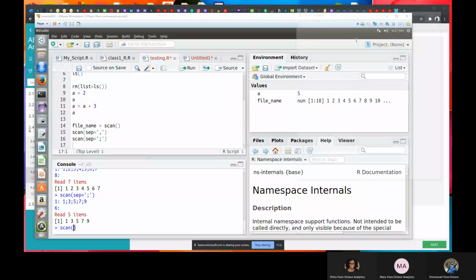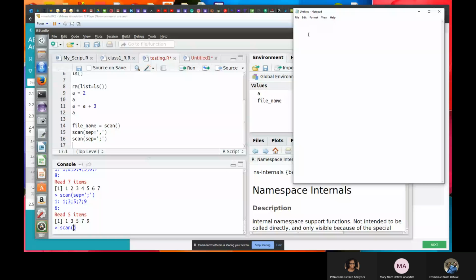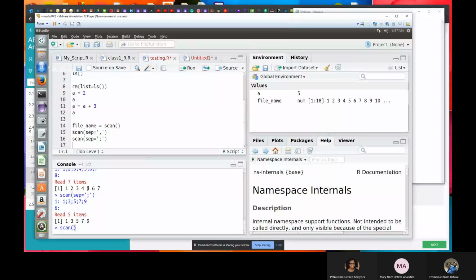Scan automatically takes values just like a vector, one item at a time. If I have my values in Notepad like this, I can just copy them, after I've run this command here.